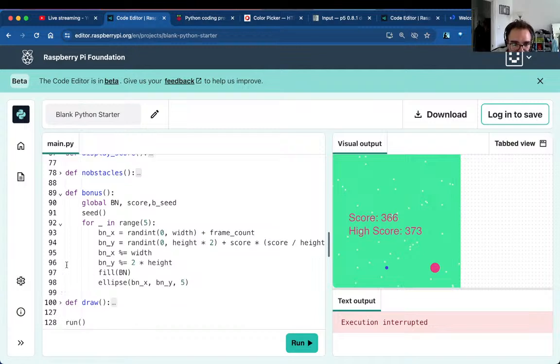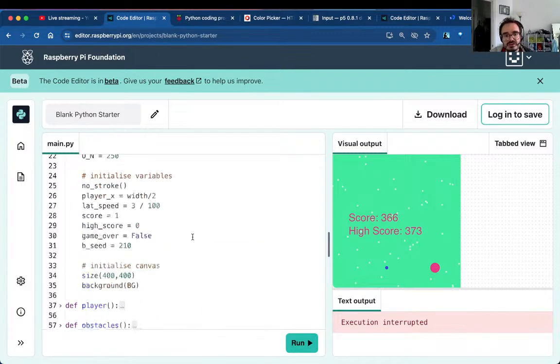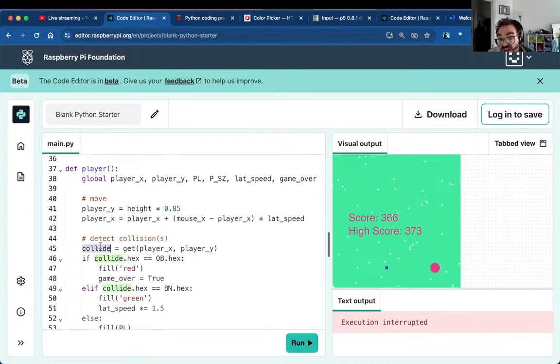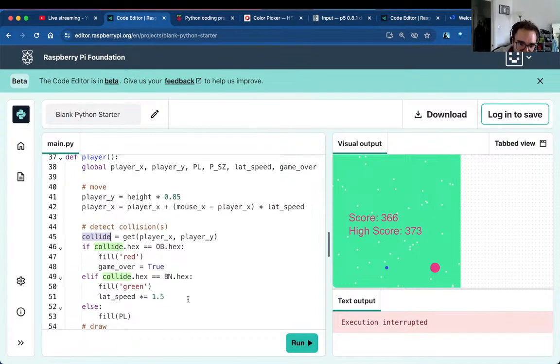Okay, draw bonus, and B seed. I want to seed with B seed, right? What I'm doing is when I capture a bonus, meaning in player when I've detected a collision, or detected my collide, which is the color at the location of the 1 pixel of the player. So it's actually a very easy game because you're 1 pixel and you just need to have that 1 pixel not hitting anything. And you'd think it would be super easy because we get 400 by 400 pixels on our canvas, which is 160,000, whatever. And yet,